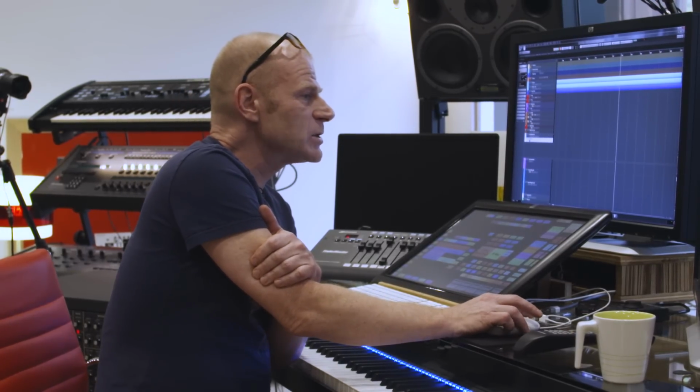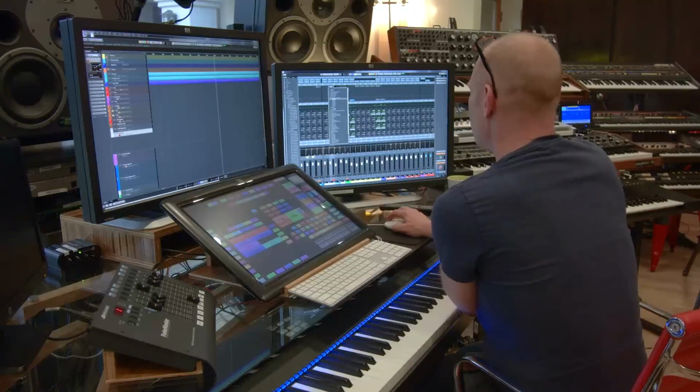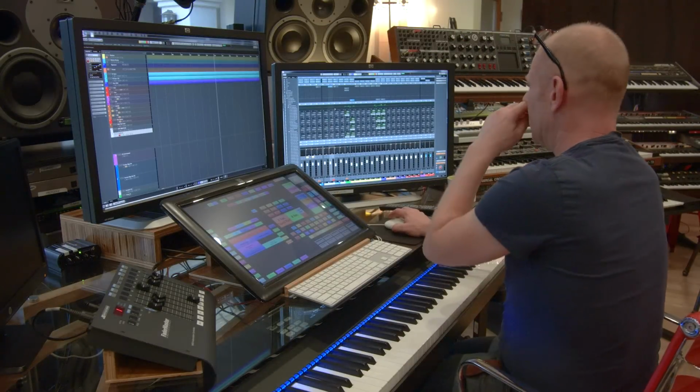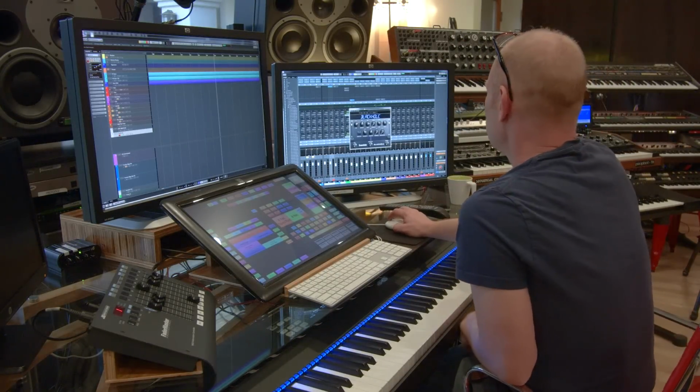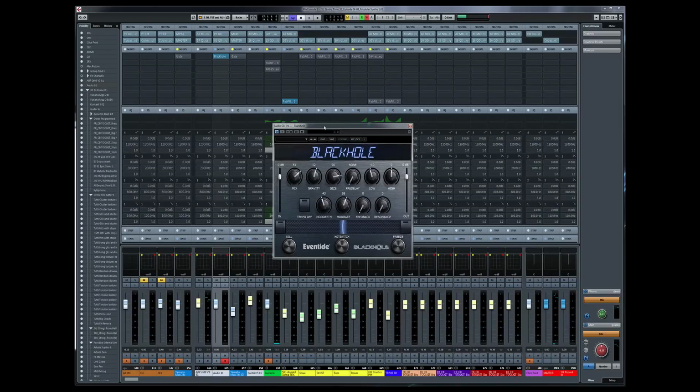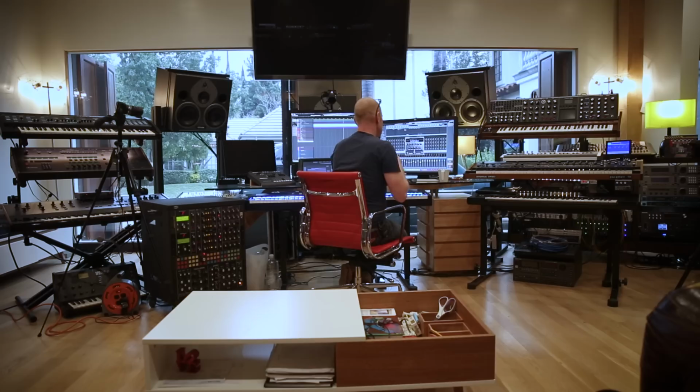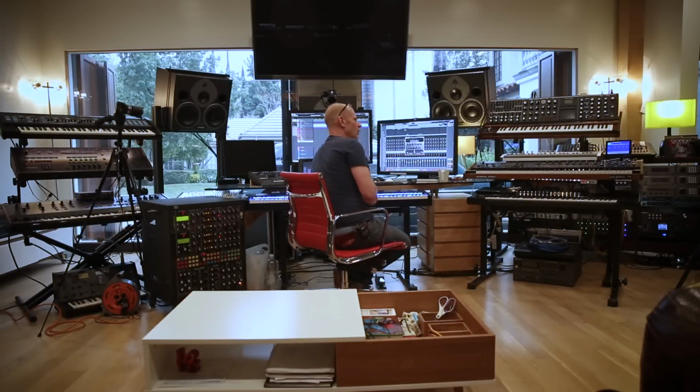Now, let's see what else we have. Obviously, we have Eventide, the Blackhole. That's the next company up. This is great for like really, really long reverbs, super, super space. Eventide has always been known for high quality reverbs, and actually,